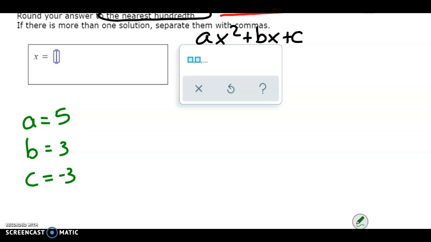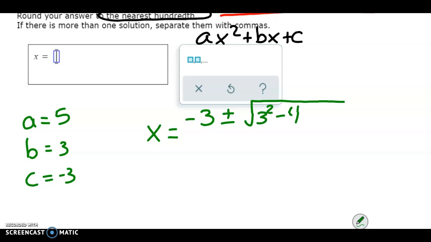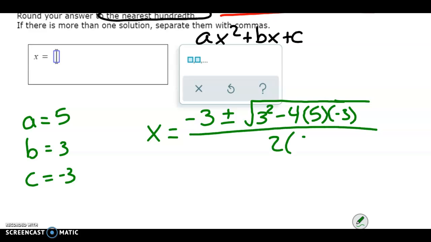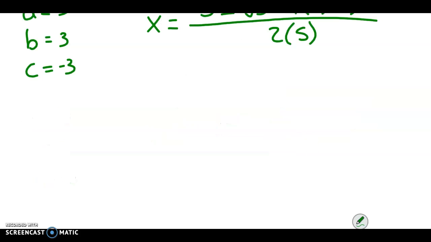Okay, so now my quadratic formula is going to say x equals the opposite of b, which is going to be -3, plus or minus the square root of b squared, so 3 squared, minus 4 times 5 times -3. And we're all over the fraction 2 times 5 on the bottom. Okay, so as I extend this down,